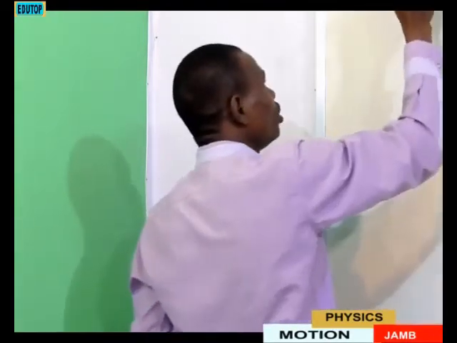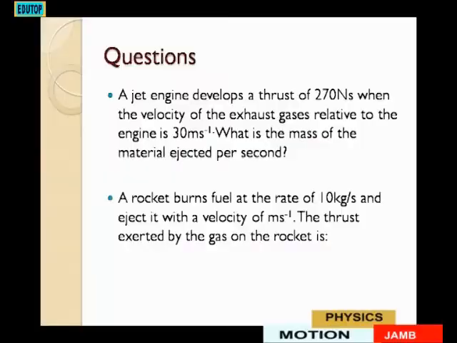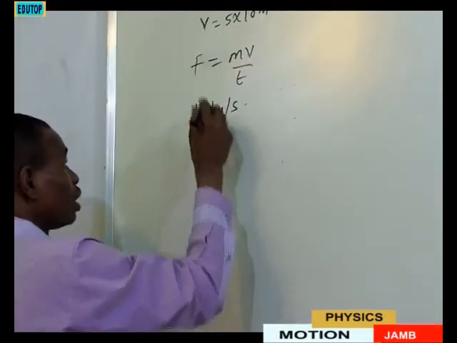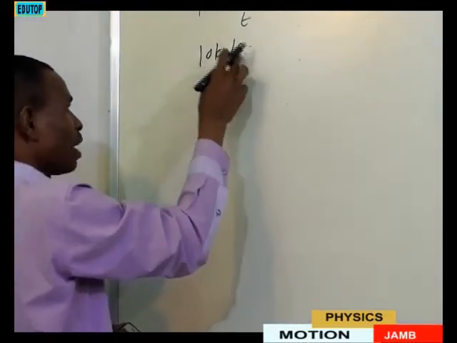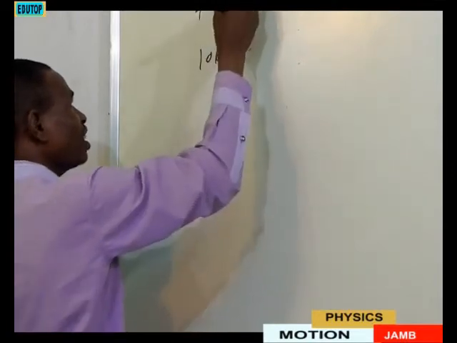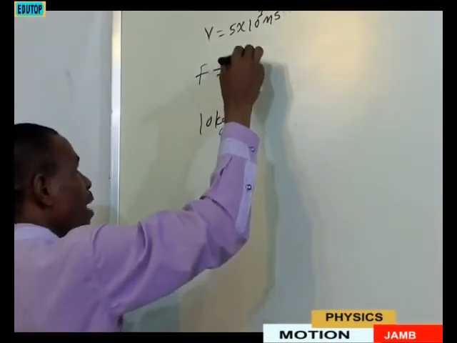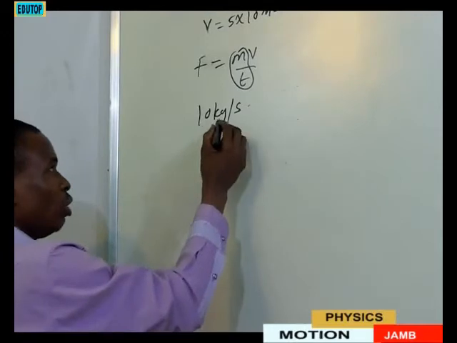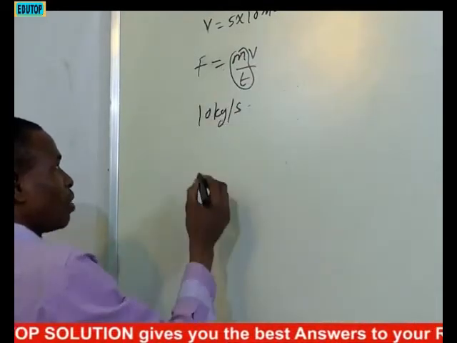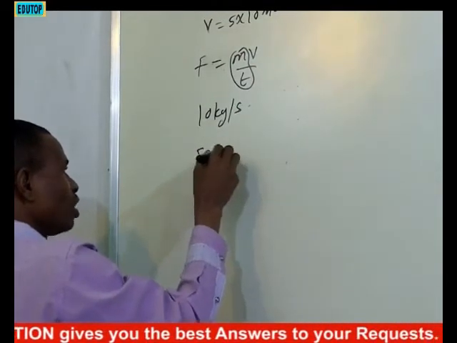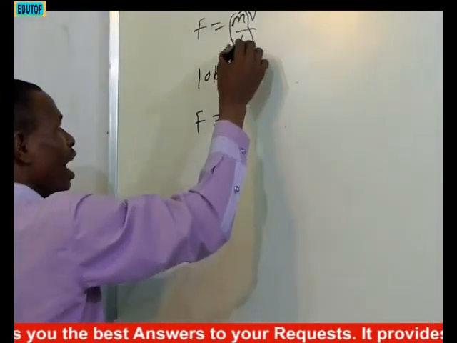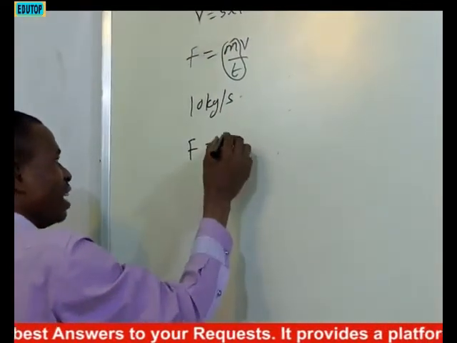So from Newton's law, F equals mv over T. If you look at the parameter given to you, they said 10 kilograms per second. If you are to interpret this one now, you are talking about mass over time, kilogram per second, mass over time. That is, they have combined both m and t together for you. Kilogram and seconds, mass over time. So the thrust, which is force, will now be equal to, for m over t has been given as 10,